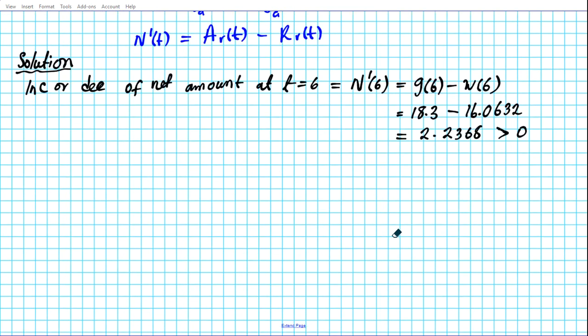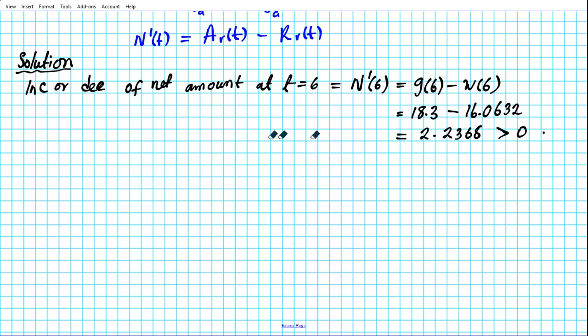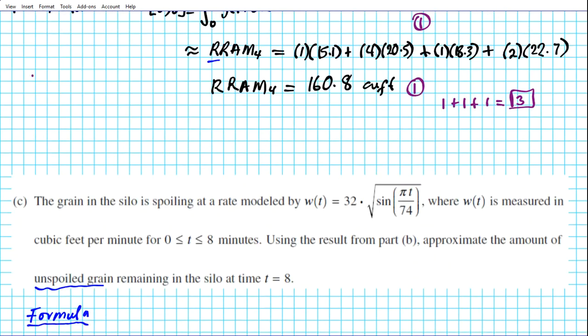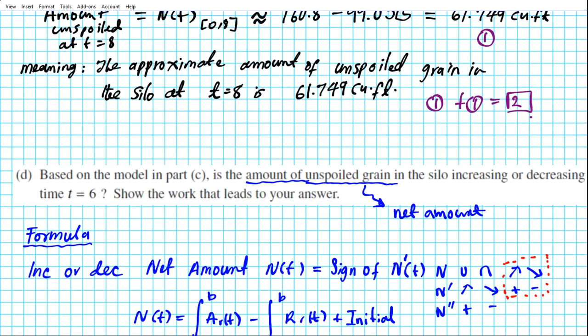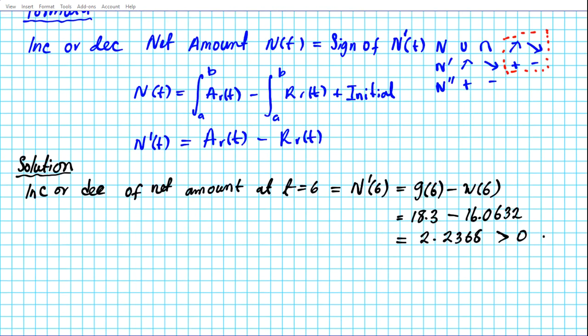Alright, so let's go ahead and tie everything together. So how is everything connected? Well, first of all, before we write down what the answer is, the sign of the net rate. Now, since the sign of the net rate is positive, that tells us that the net amount is going to be increasing. Okay, net rate at t equals 6 is positive, so the amount is going to be increasing at t equals 6. Alright, so let's go ahead and write down,